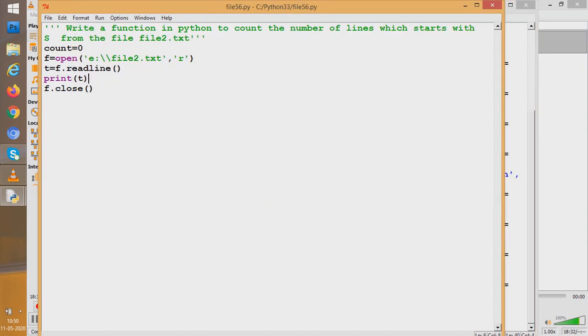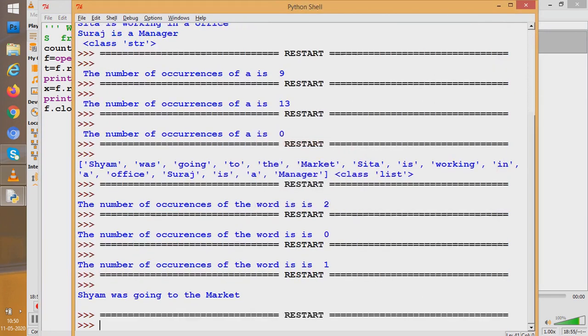If I give one more variable and again say readline and print that also, print text. So it is very trivial. We have to call readline as many times as there are lines in the file. So we find that there is a problem here.